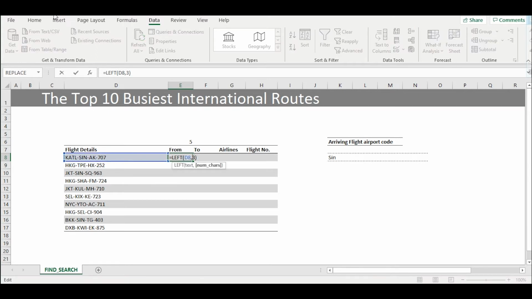Instead, we first retrieved the position number of the dash and subtracted 1 from it, thus making the formula dynamic. Now, if we write the 4-letter code KATL in cell D8, we will get the same as the departure airport code in cell E8. We will then use the $ sign to make the formula absolute and link the data across the rows below.